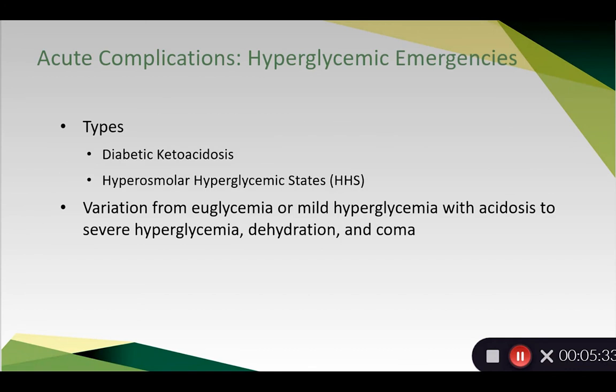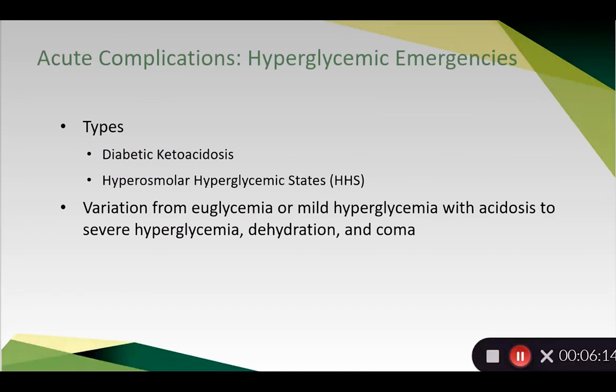All right, so there are 2 types of hyperglycemic emergencies. I'm going to talk about them briefly here. The first is diabetic ketoacidosis, known as DKA. The second is hyperosmolar hyperglycemic states, or HHS. You may have heard this termed hyperglycemic hyperosmolar non-ketotic states in the past, or syndrome in the past. HHNS was an abbreviation used, or HONK was another abbreviation that was used. Again, all of those abbreviations and terms were used to describe hyperosmolar hyperglycemic state, HHS, which is what I'm going to